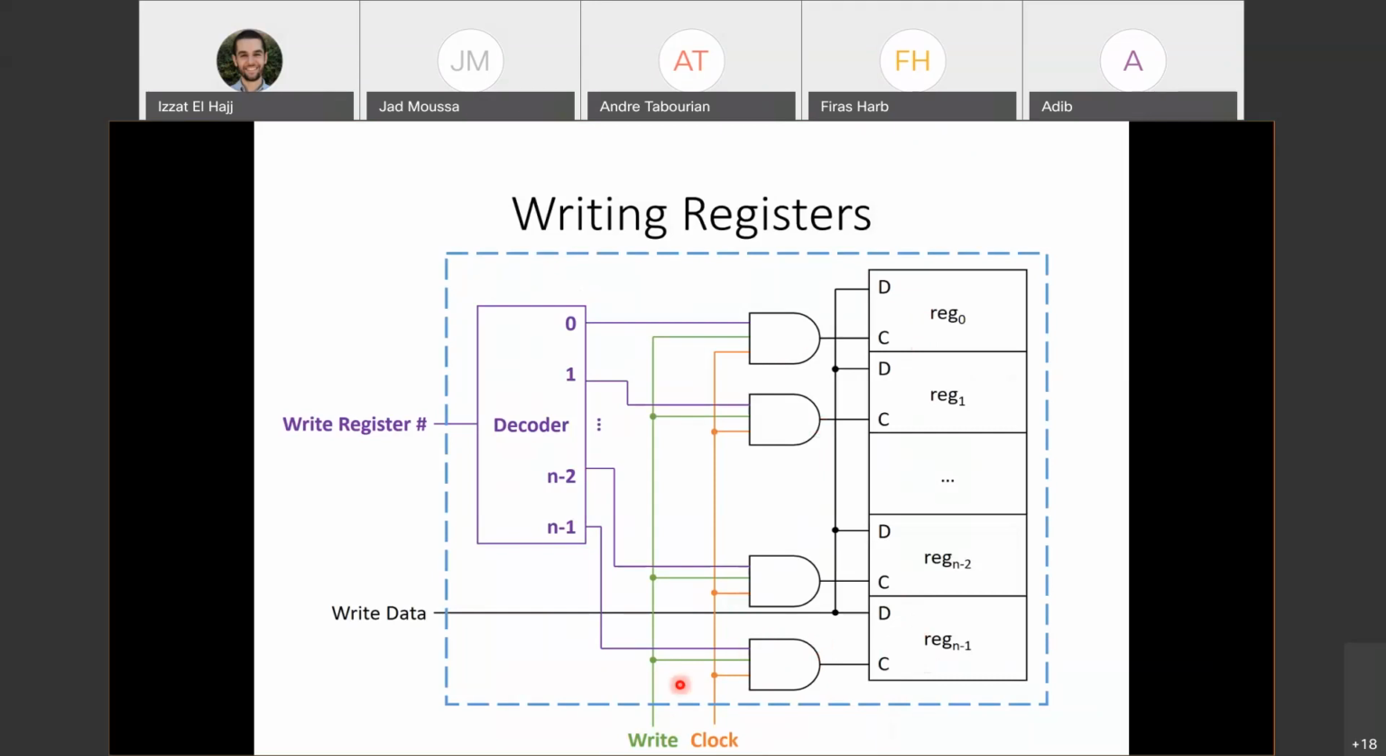The other signal besides the clock that we passed in is an output of the decoder. So we only want to write to one of these registers on any clock cycle, and that's the write register number that we provided. So what we do is we decode the write register number. When we decode it, if this, for example, was register 1, what's going to happen is the value for register 1 here will be 1, and all the others will be 0, which means this AND gate will